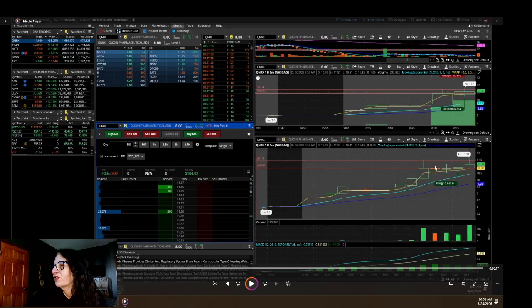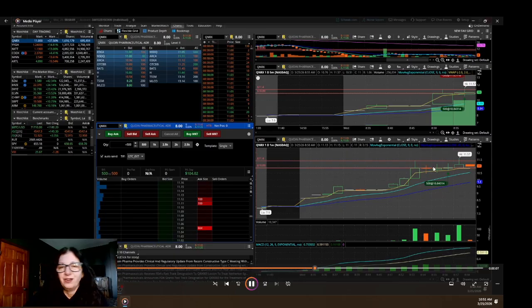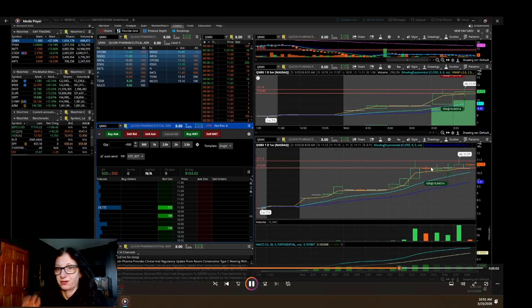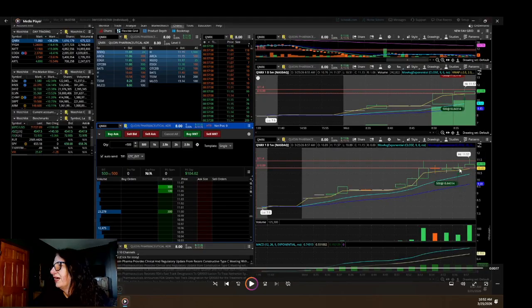I was looking for it to pull back, so it pulled back, but it kind of was creating this flat top. This was actually a flat top breakout. Sorry. And so I was looking for it to break over this level here. It kind of did here. It broke over, and I got in really quick,